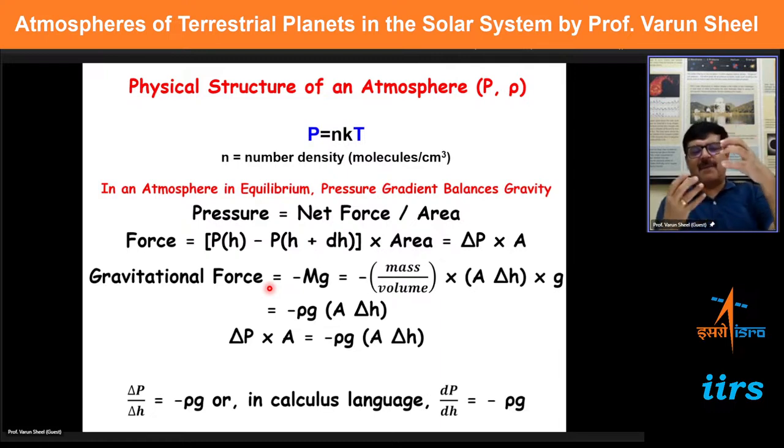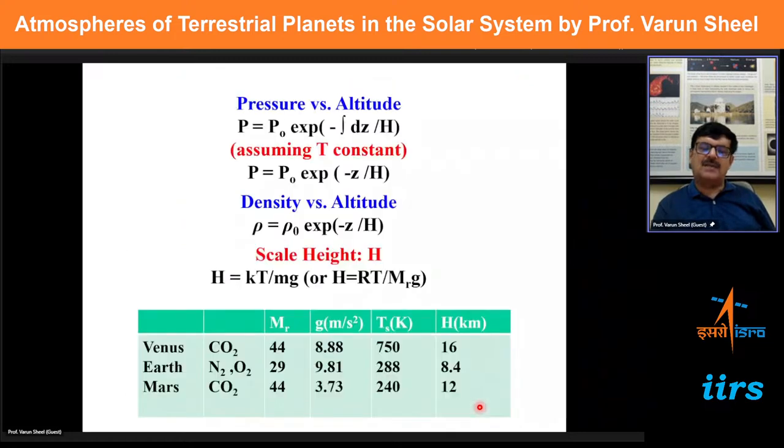So basically, if you look at a parcel of air anywhere in the atmosphere, it is acted on by pressure gradient forces, and gravity is pulling it down. If you assume that they are in balance, you can do a small calculation, and it will give you a relationship between how the pressure changes with height. That relationship comes out in terms of the density of the gas of the atmosphere. This is called the hydrostatic equation, and if you simply integrate it, what it tells you is that the pressure decreases exponentially with height.